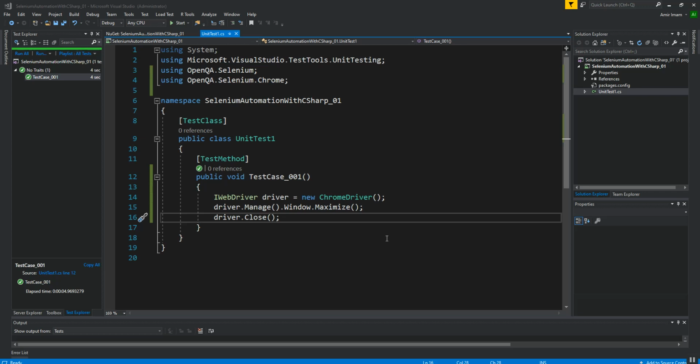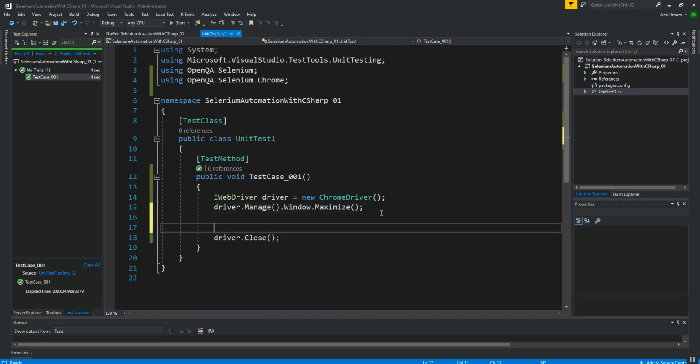Now I am going to write a basic login test case. Firstly, I need to open a URL. Driver.Url is equal to, I am putting a demo website. You can put your application under test here.